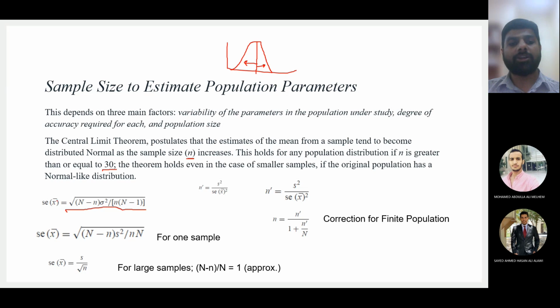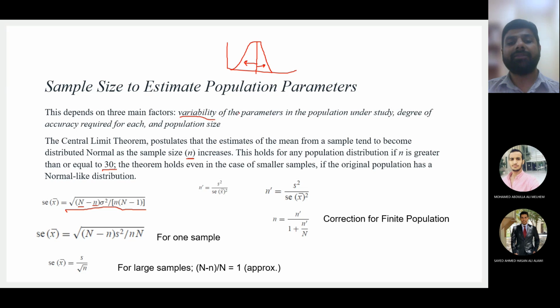So you can fix the value of the error and you can calculate small n. Now what is capital N? Number of values in the entire population, that is capital N. What is small n? Number of values in the sample, the one which you want to calculate. So we are trying to calculate n here, small n. Okay. What is sigma square? Sigma square is the variance in the data, variability in the data.